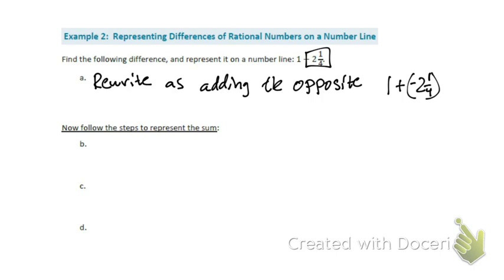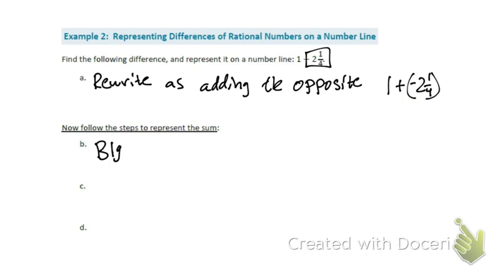Are we adding numbers of the same sign or a different sign? Well, we got one positive and one negative, right? So we're adding numbers of different signs. What's the rule when adding numbers of different signs? You do the bigger one, take away the smaller one. Which one's bigger? 2 1/4 is bigger than 1. So we're going to do,